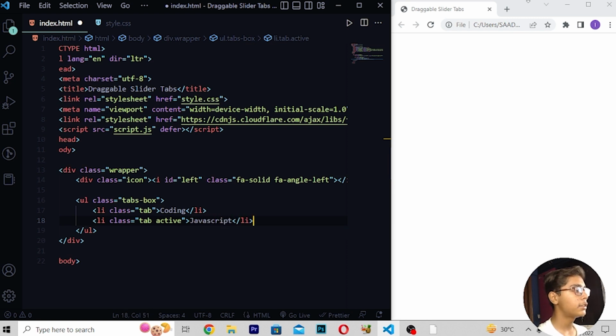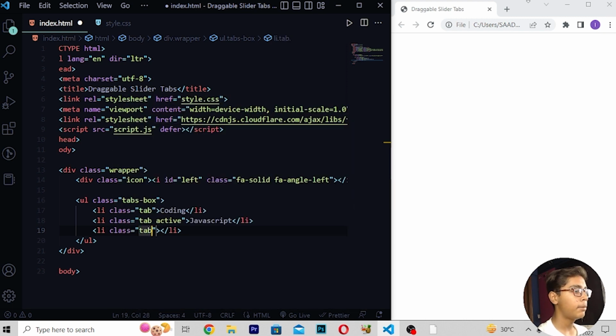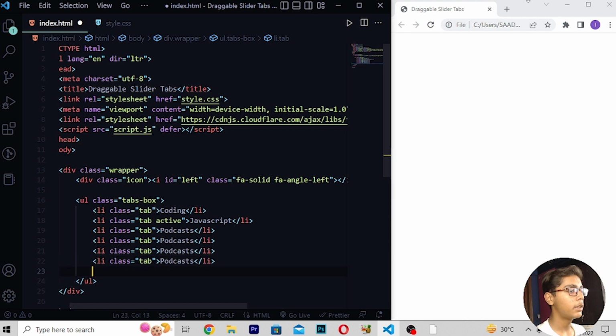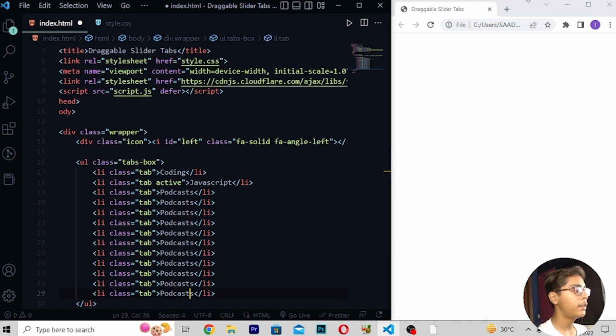Then when you've written this, here I'll be writing li. Then right here class tab like this, right here podcasts. Now when you've written this, just here you have to select this thing. So now when you just select this, here I'll be moving down and then paste it. And then when you've written all these things, here I will be now moving here and then writing a tag